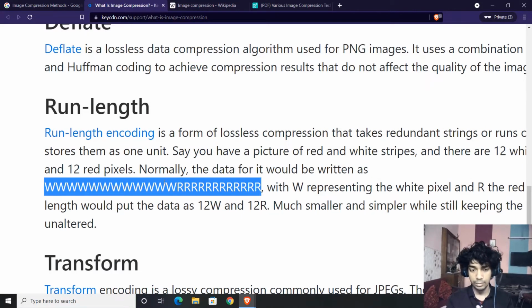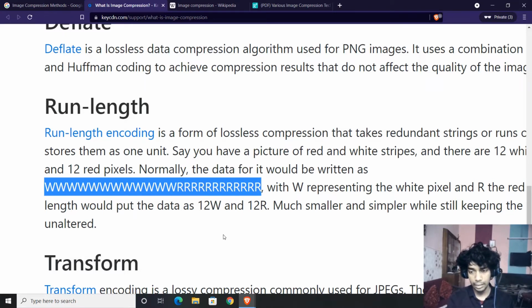Rather store the frequency count of W's and the frequency count of R's as long as they are in continuation. So it is 12 times W, 12 times R, then 6 times W, then you need to do 6W, not the total count. So 12W, 6R, 12W, 12R, 6W, rather than 18W, 12R, right?